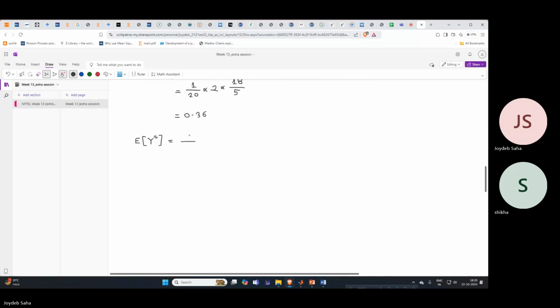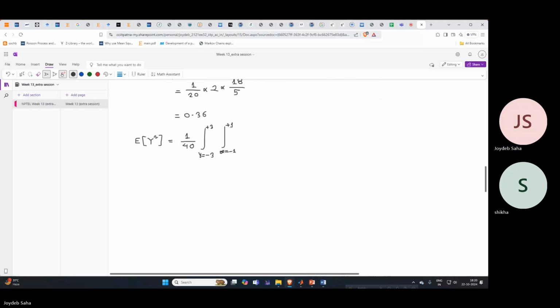So 1 upon 40, y is equal to minus 3 to plus 3, x is equal to minus 1 to plus 1,